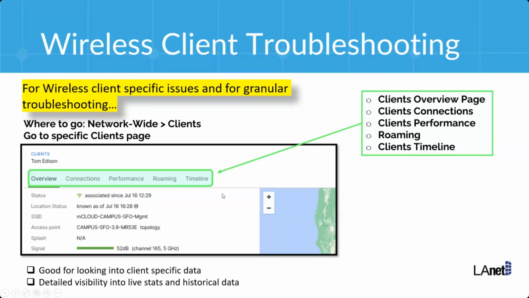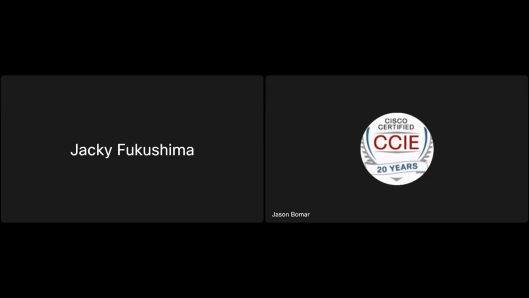So this is a very good page, or pages, to go to when you have client-specific data. If somebody gives you the MAC address, or a good time frame, you can drill down and get good visibility into the actual user data. All right, so let's go into